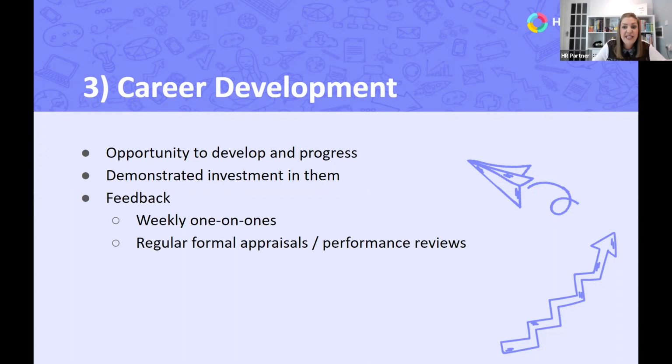This gives the employee incentive, drive, and motivation, but it also allows you to jointly outline the potential skills or knowledge gap and then roadmap their journey, detailing the steps that need to be taken to reach that goal. These steps may include shadowing colleagues, secondments to other business areas, networking opportunities, training courses or certifications, or a combination